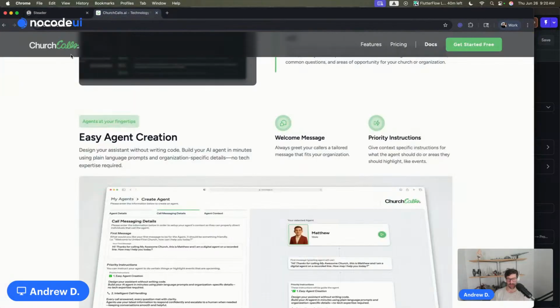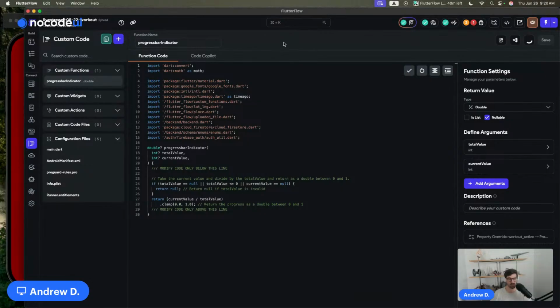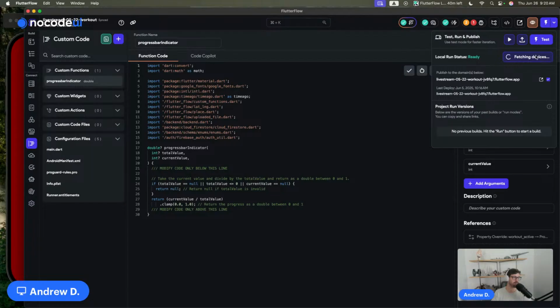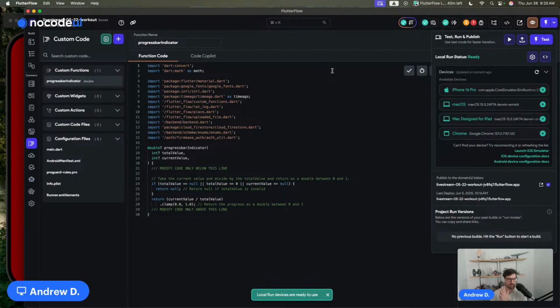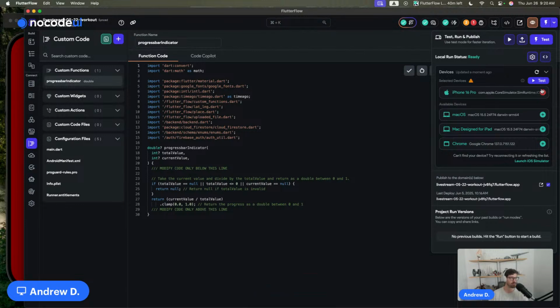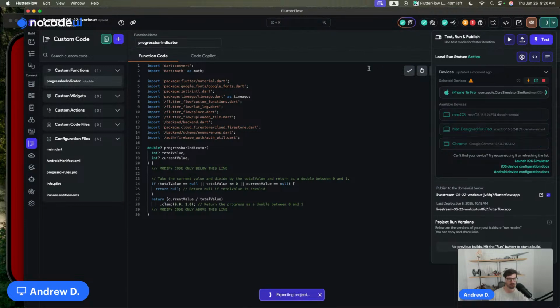So those are the 3 projects that we've been building, and we've sort of launched, I would say. I should have been having this build in the background, but they're super fun. It just showcases what you can do in FlutterFlow. Church calls and Know Him were both built in FlutterFlow. Steader is a lot of custom code and traditional platform stuff. But it's been super fun